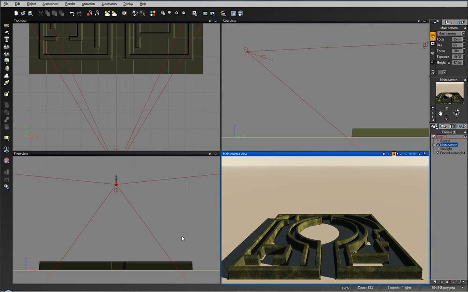Now there is actually a completed scene in our product section, which has the ground layer and a nice tree here in the middle, and also more detail on the hedge maze, and a nice forest in the background and a castle wall. So you can go and take that scene and break it apart and see how everything was done. So I'm not going to push any more details into this, but there is one more thing I want